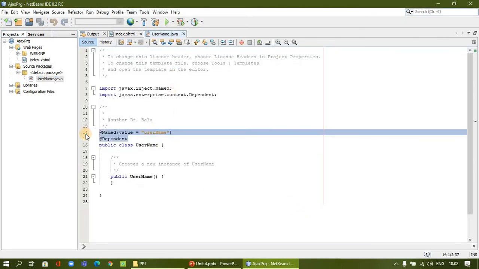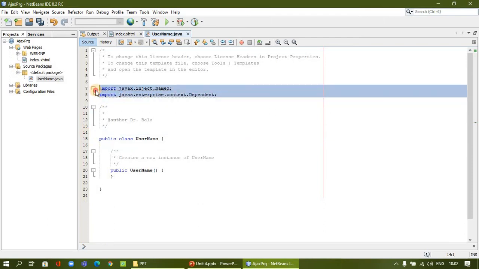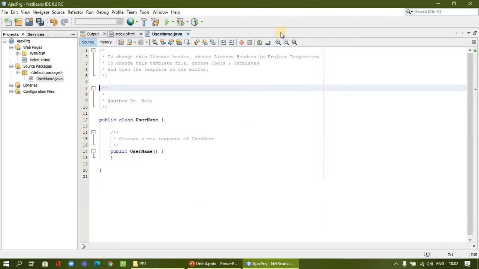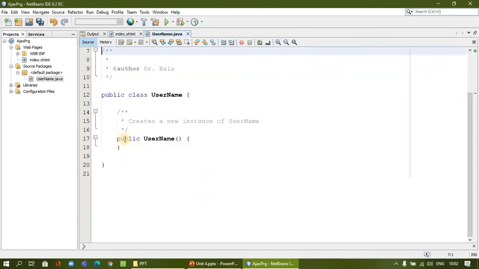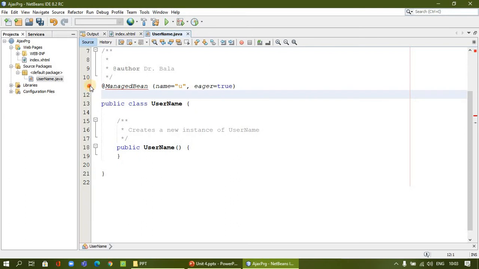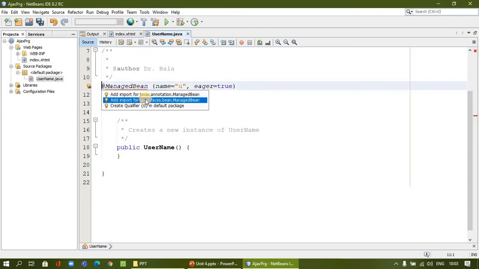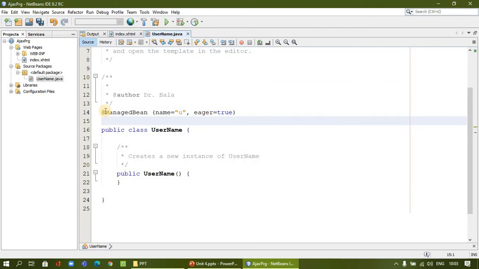The old concept is this; the new concept CDI we are not using, and we are going to add the managed bean. Managed bean, name of the bean, for example, I say u, and eager is true. After adding this, we have to import the faces bean package with the managed bean.